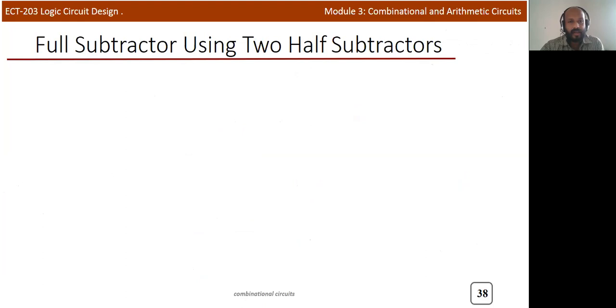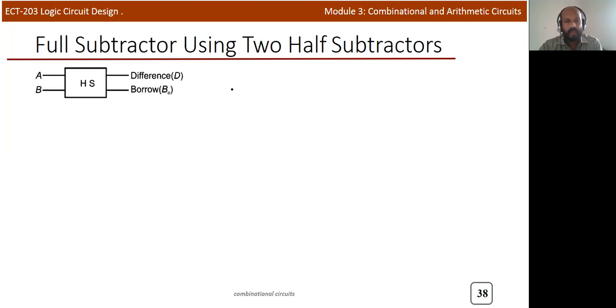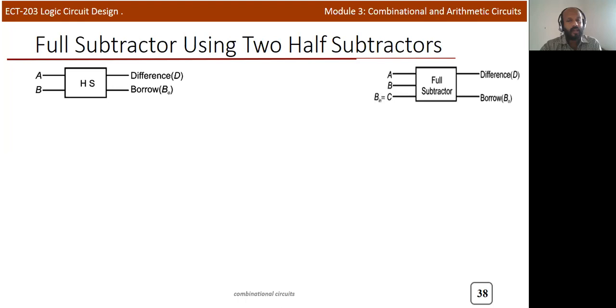Now we'll discuss another concept, how we can implement a full subtractor using half subtractors. The similar case we discussed in the full adder also. So first you need to watch that particular lecture. After that you can see this, how we can implement a full adder by using 2 half adders. Now we are discussing a full subtractor by using 2 half subtractors. A half subtractor means there will be 2 inputs and difference and borrow will be there. And full subtractor means there will be 3 inputs A, B, C, and 2 outputs, difference and borrow. And this is the equation for a half subtractor. It's A XOR B, and borrow is A bar B.